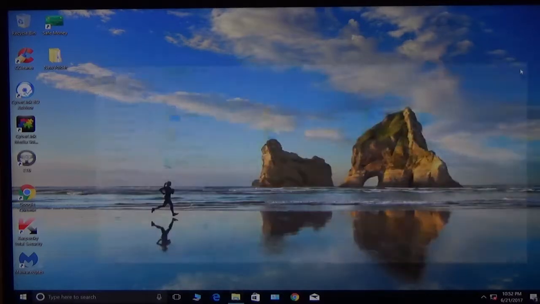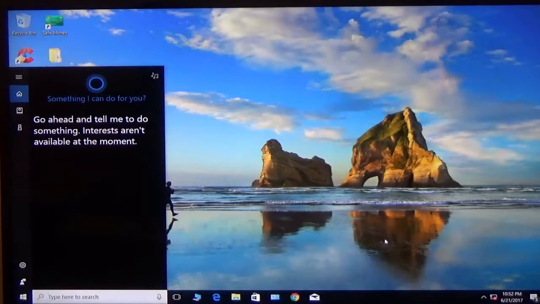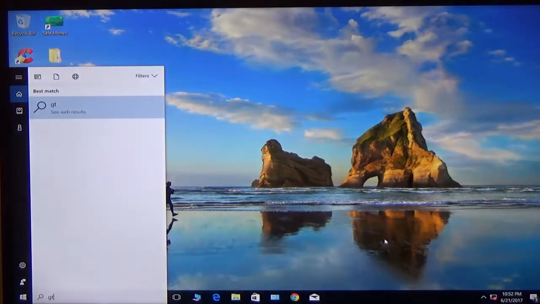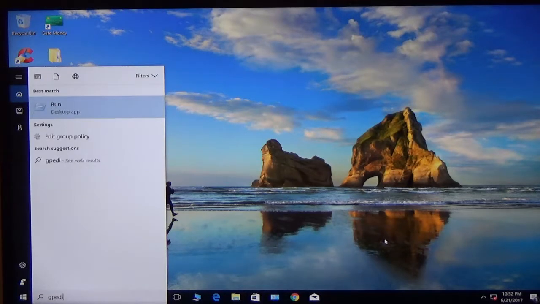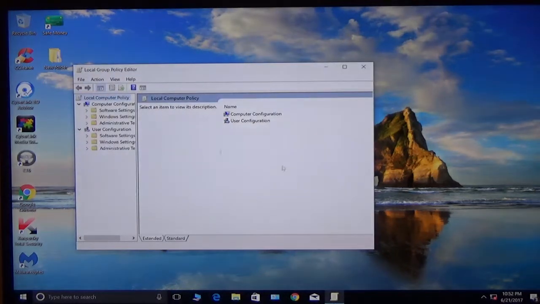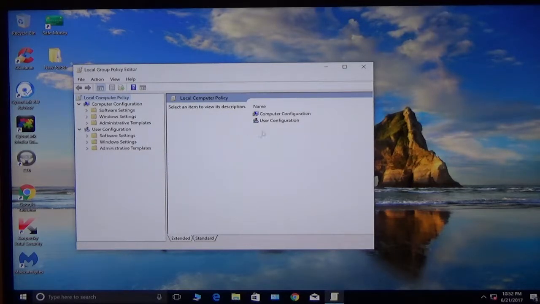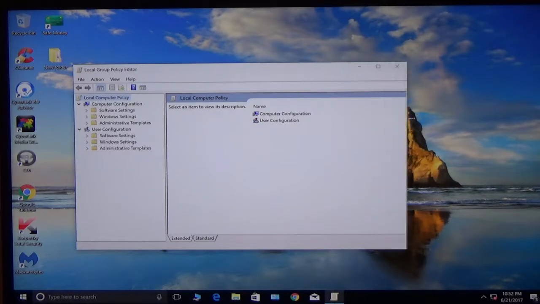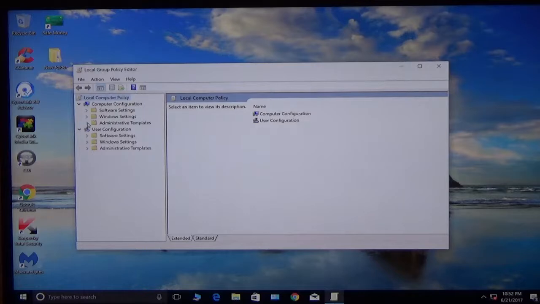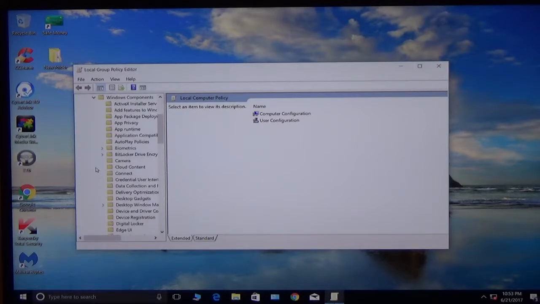Okay? Once that is run, we come into the command prompt, gpedit.msc, and enter. We're going to come into some options here on the Local Group Policy Editor, and then we're going to have some options to the right over here. So we want this top one here that says Administrative Templates, and then we want Windows Components, down arrow,